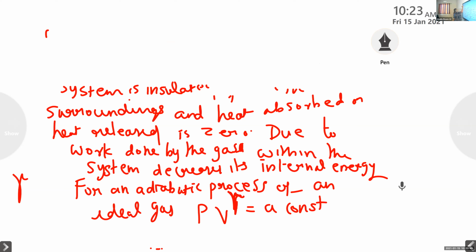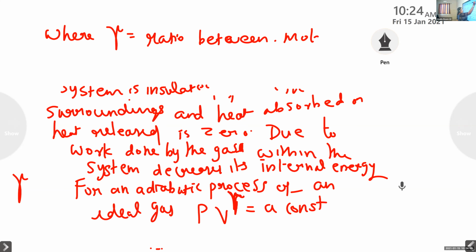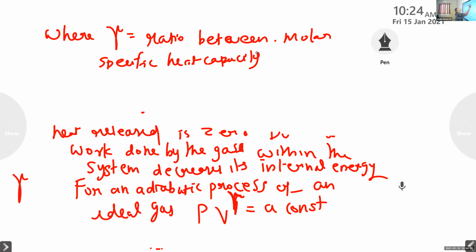So next line, where gamma is the ratio between the molar specific heat capacity at constant pressure, that is Cp, constant pressure Cp, and the molar specific heat capacity